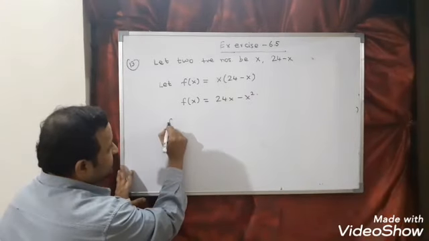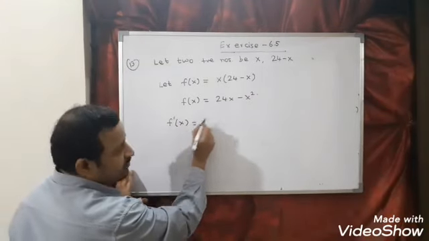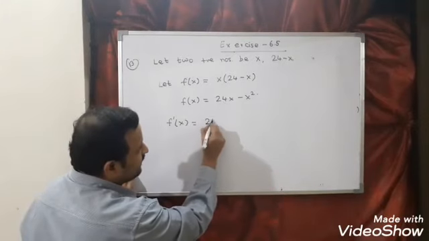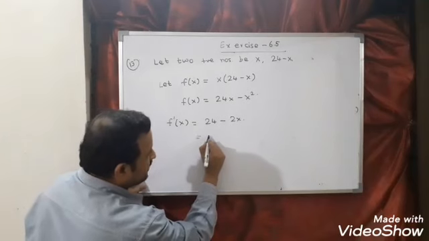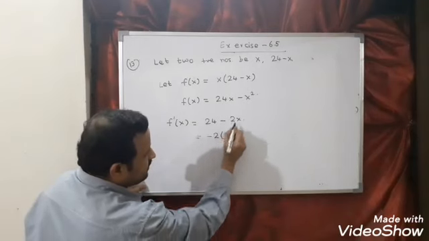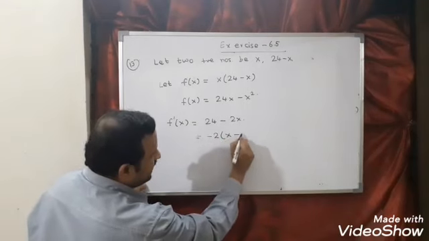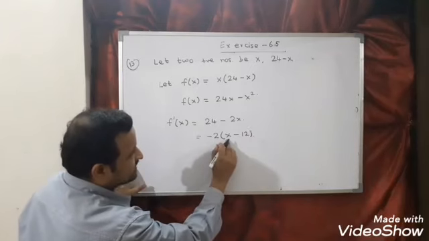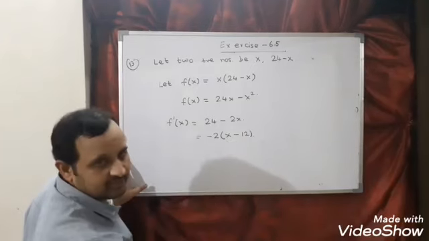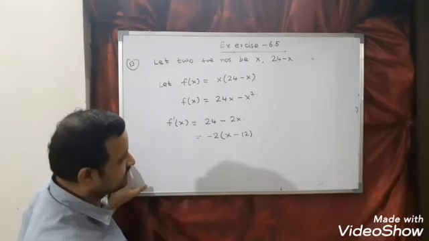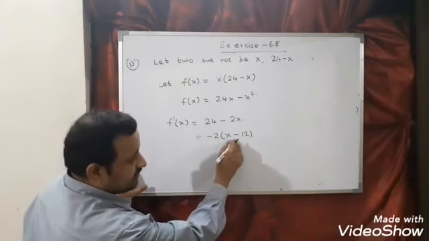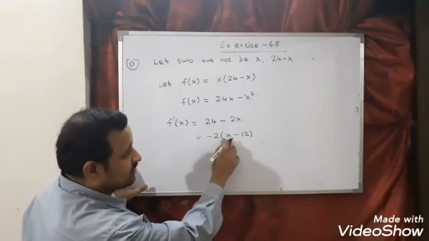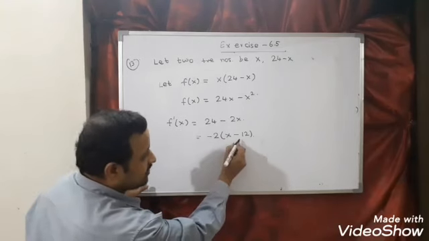Now find f dash x. So f dash x is equal to differentiation of 24x, 24 minus 2x. I think we can take 2 common. I think minus 2 I am taking common. What you will get, x minus 12. So minus 2x plus 24. So find f dash x. Second step is what? Break it into linear form. Third, coefficient of x should be positive.